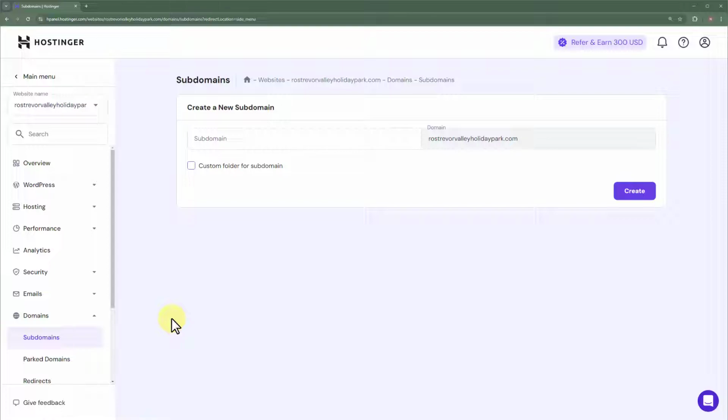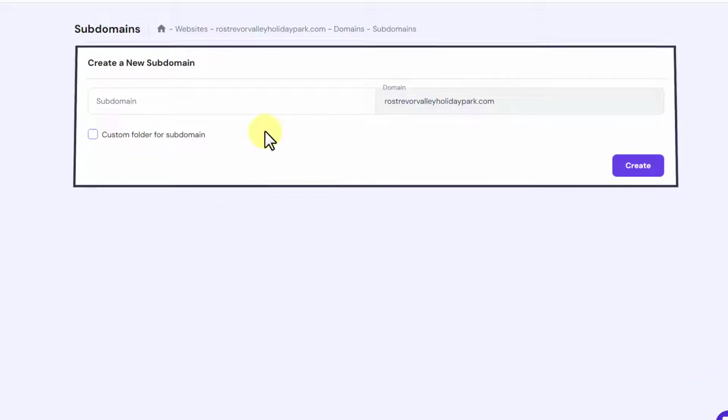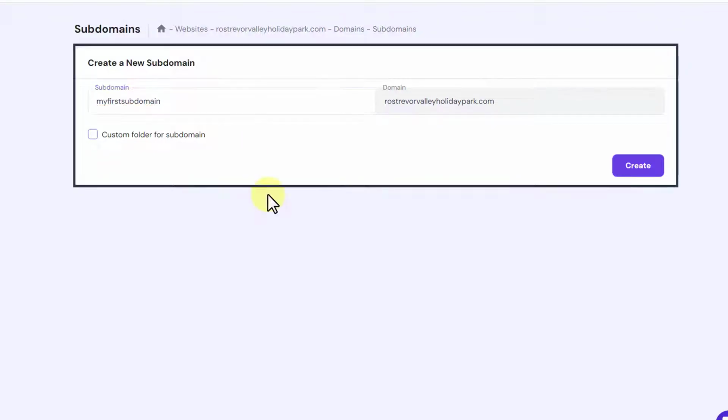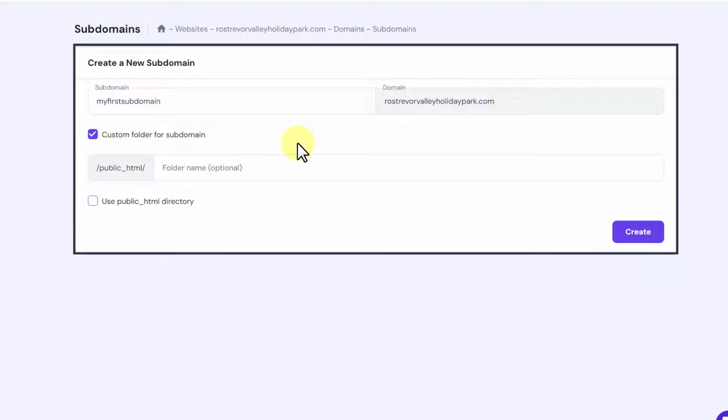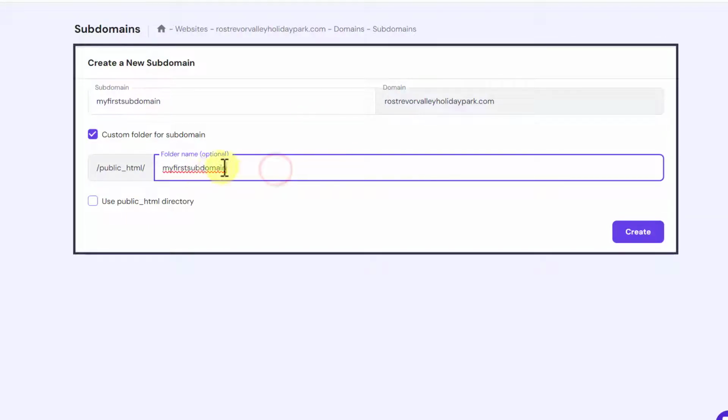Now to create our subdomain we are going to give it a name. So we are going to enter our subdomain name here. Now if you want to create a custom or separate folder for your subdomain, we are going to select custom folder for subdomain from here. After that we are going to give our folder a name. This will be the name of our subdomain folder, and after that we are going to click on create